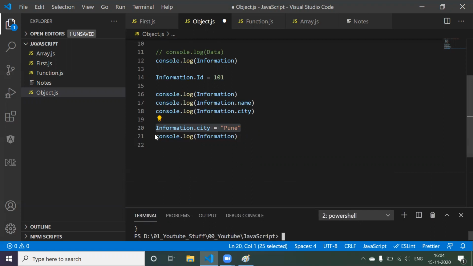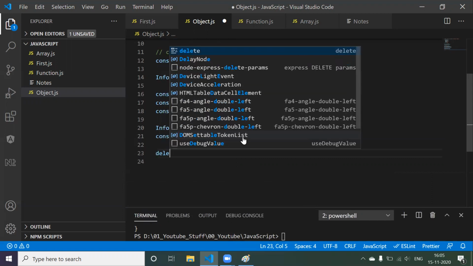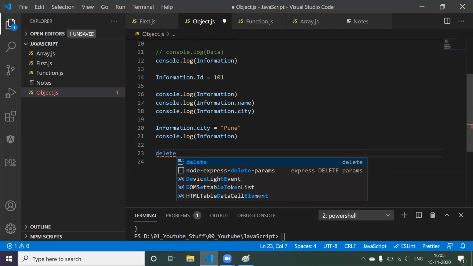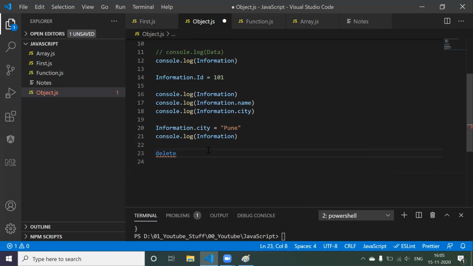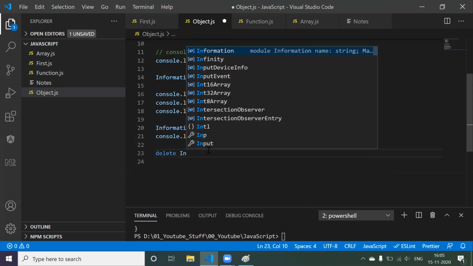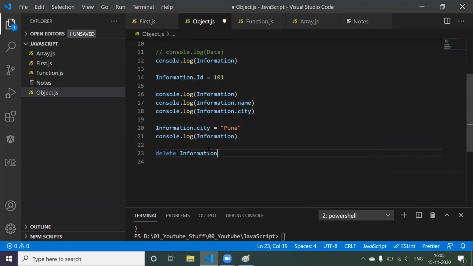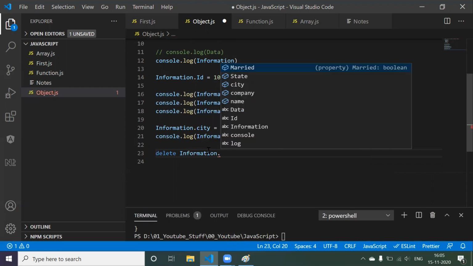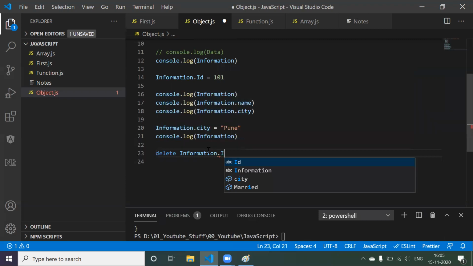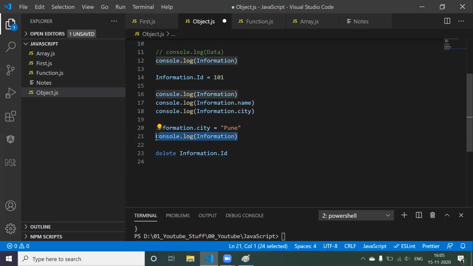Now, if you want to remove any property, for that you have to use the keyword delete. You have to give something like information, meaning your object name, dot, and the property you want to delete. I want to delete ID. That property key you have to mention. That's it. Now if you print this one again once more,